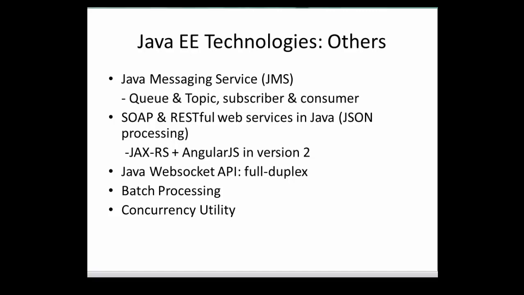So other technologies include the WebSocket API, which is full duplex communication between the client and the server. With HTTP, you send a stateless request to the server, the server replies, and if you want more, you call the server again and it replies. But in WebSocket, it doesn't have to be that way. It's full duplex. At any time, the server can send you a message. At any time, you can send a message. The two of you can even send each other messages at the same time. It's full duplex communication between the server and the client. It's really cool stuff. So we're going to be talking about WebSocket along the line. Then batch processing and concurrency utilities. I won't be talking much about these here, but along the line I will explain what they do.